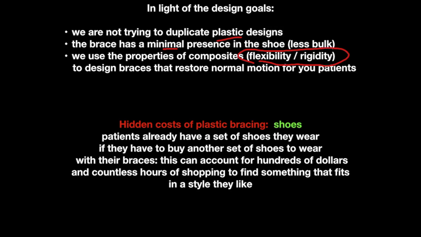And if you think about that, over the course of owning the brace, that can amount to hundreds of dollars, not to mention the amount of time it takes to hunt down a pair of shoes that you can wear over a brace. This next patient is one who has had solid ankle AFOs with some hinges in them, and